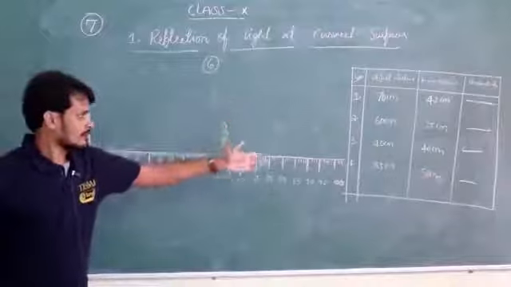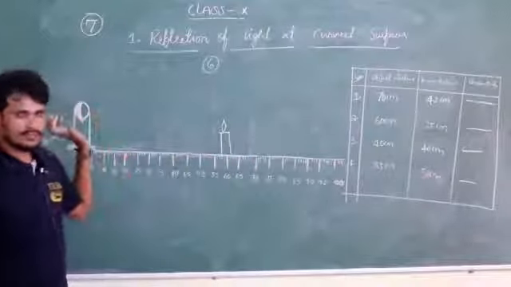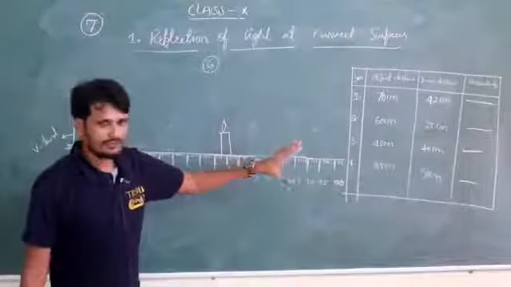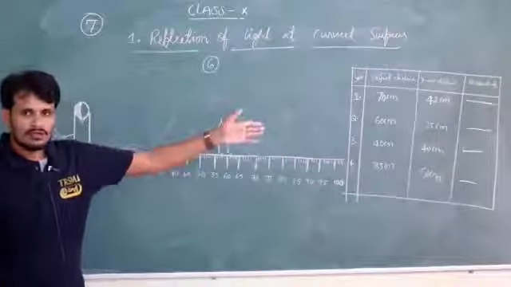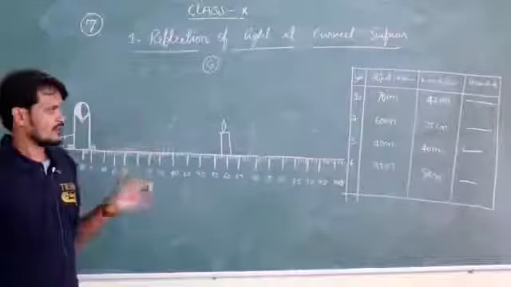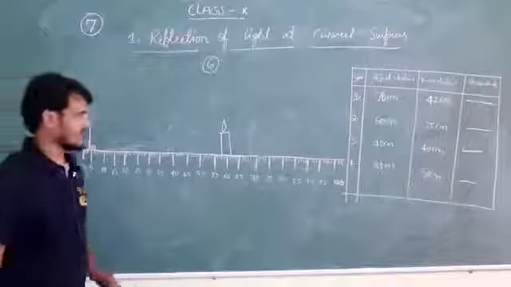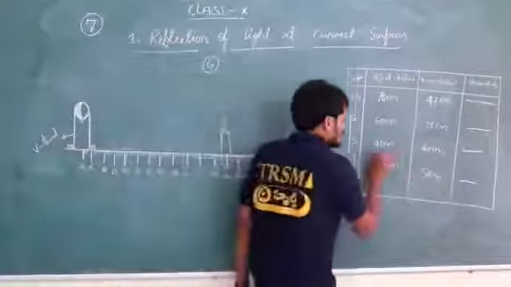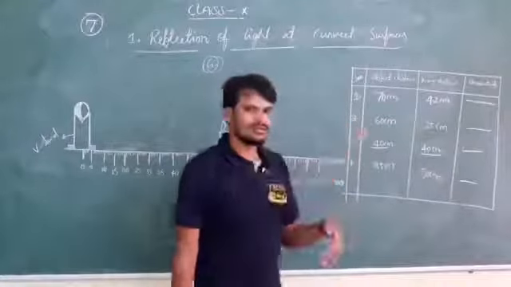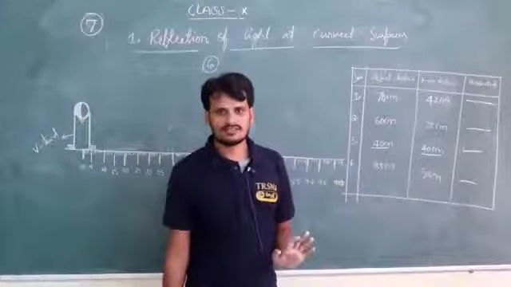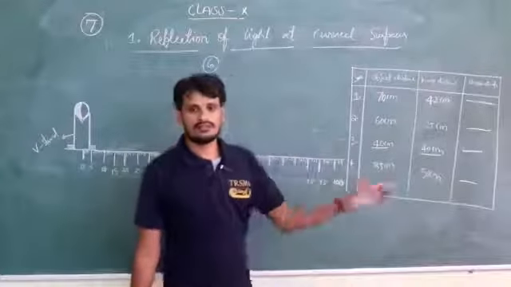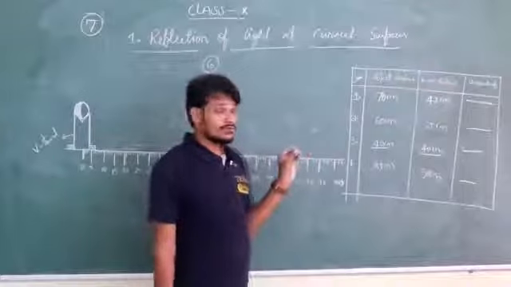So we just take out the values we got while doing this experiment, and after getting all those values, you can write the characteristics. By using that, we will easily find the center of curvature, where you get the same size, same place image. If you are placing the object at 40 centimeters, the image comes at 40 centimeters.